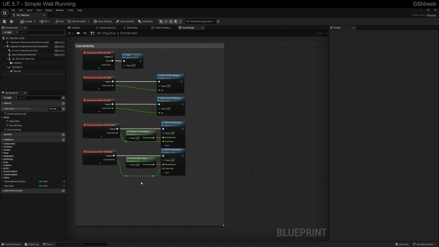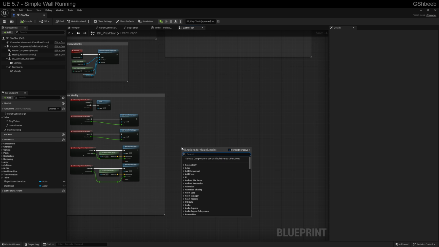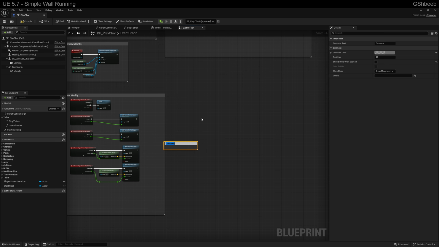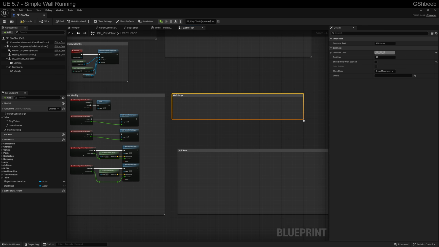First thing we're going to want to do is establish the intention of our actions. So I'm just going to set up two comments here, right? One comment is going to be for our wall jump area, and one comment is going to be for our wall run. And we're going to give ourselves a little bit of space to work with on these because it will take up some room. And obviously you can collapse these to functions at a later time, but right now we just want to see